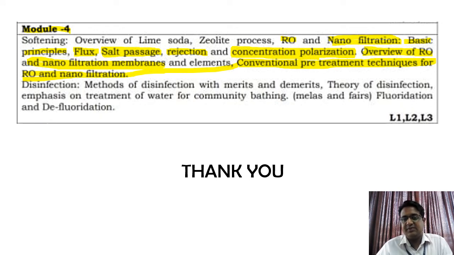In the primary treatment unit, we think of removing all the inorganic or suspended matter. So if you want to adopt RO or nanofiltration in a conventional treatment plant, you need to make sure that you have already completed the primary treatment, and taken sufficient care to remove all the suspended matter, whether organic or inorganic. Only then will this last point be covered. So that is what conventional pre-treatment techniques for RO and nanofiltration means, right?